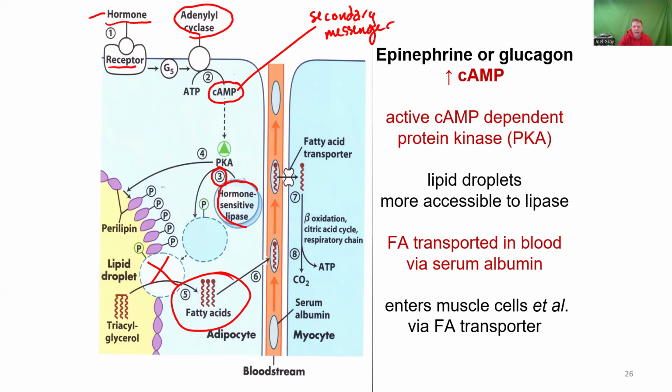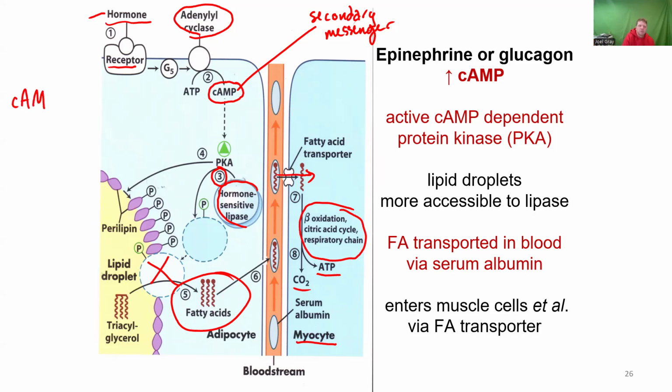Now, those individual fatty acids will enter the bloodstream and be transported into an adjacent cell, a myocyte, a muscle cell, so that those individual fatty acids can be broken down through a process known as beta oxidation to create a bunch of ATP, CO2. Okay, so your takeaway for this slide right here